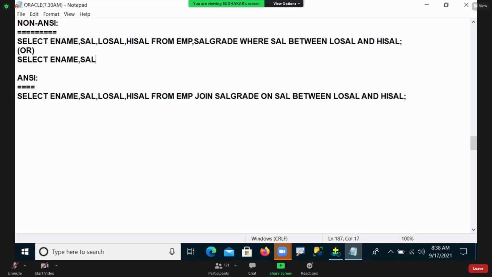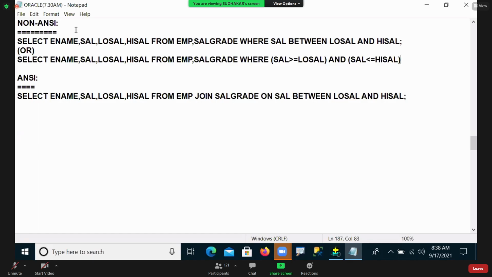Select ename, sal, losal, hisal from EMP, SALGRADE where salary is greater than or equal to losal and salary is less than or equal to hisal.